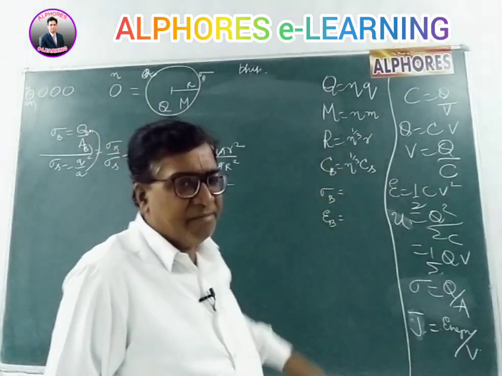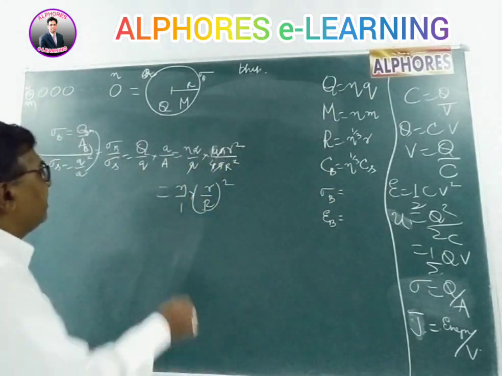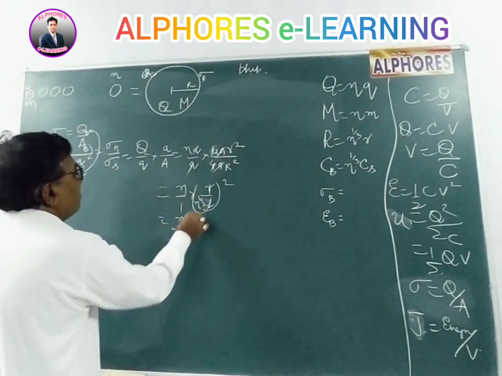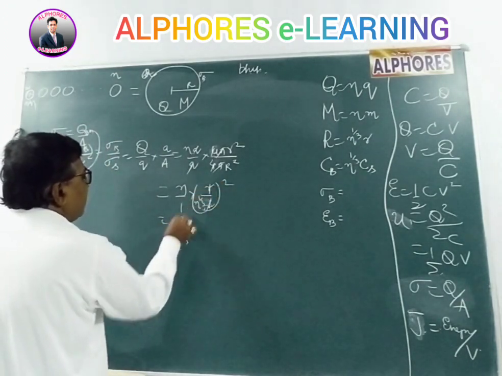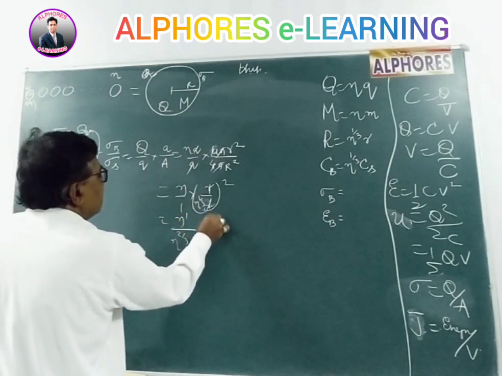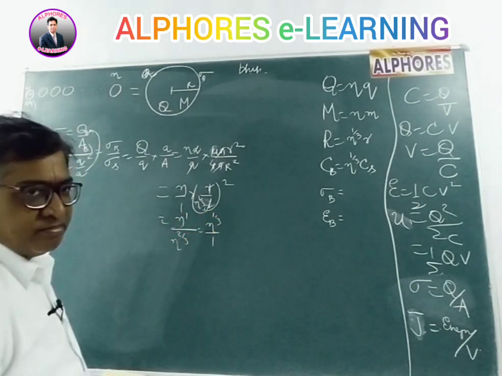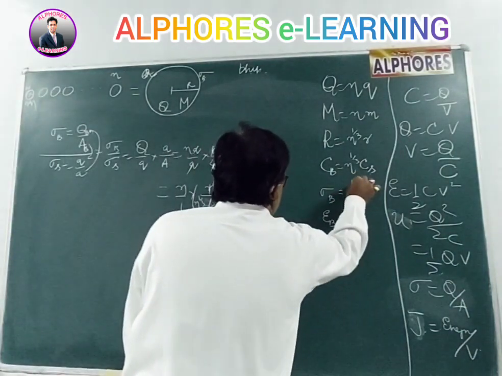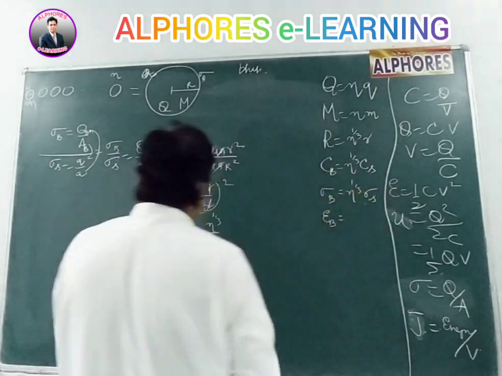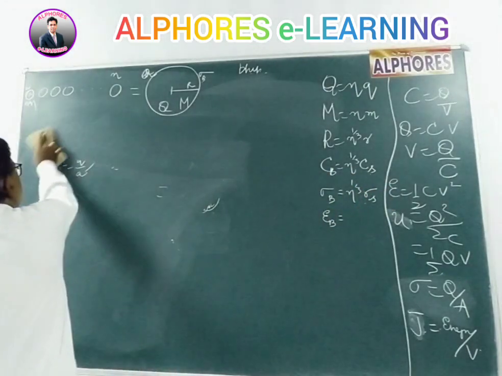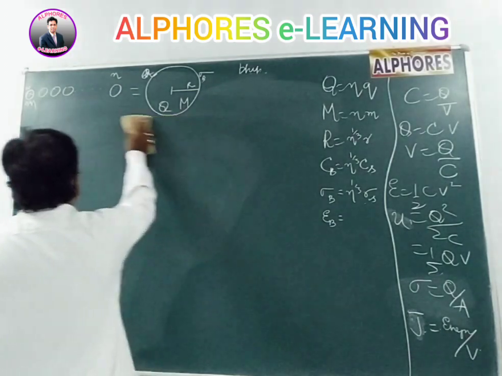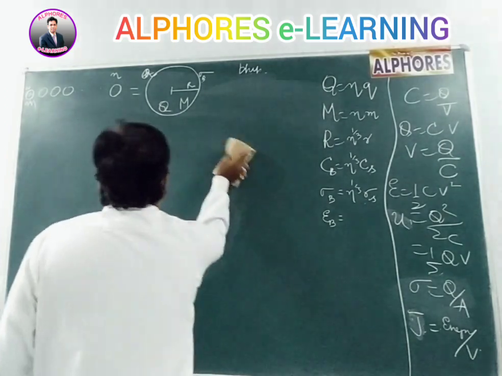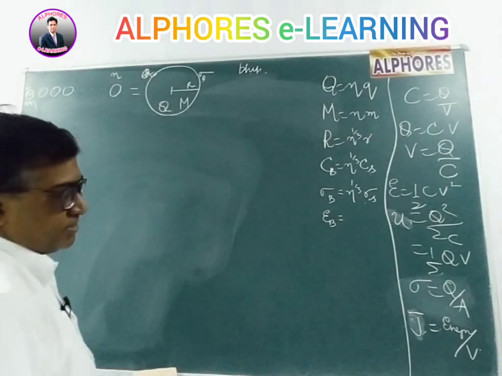That is the reason I found it earlier, as it will be helpful in finding many such parameters. Small r cancels. n power 1 by 3 whole square is n power 2 by 3. So n by n power 2 by 3 is n power 1 by 3. Therefore sigma big by sigma small is n power 1 by 3, that is, sigma big is n power 1 by 3 sigma small. That way you can find the surface charge density of the bigger drop by comparing the big and the small. So that is regarding the surface charge.